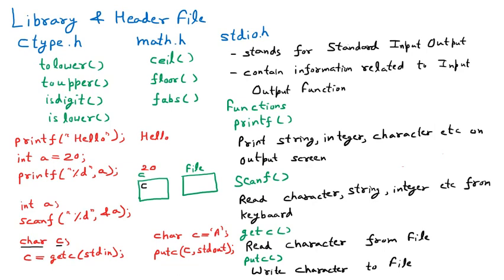Now we are saying getc stdin, get character from the file input. stdin means input. Now let us suppose that in the file we are having A written. A is a character, let us suppose. Once I write this command, this character will come here, means from the file that character will be read and the value A will be stored inside the variable c which we have declared. So the value of c has now become A after executing this one.